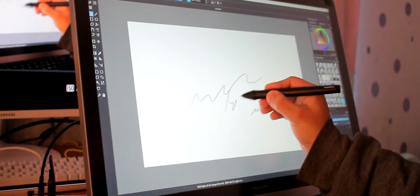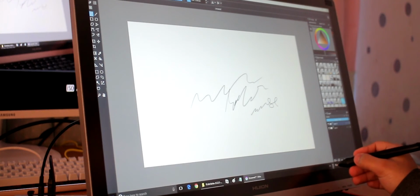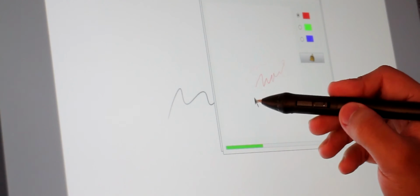I mean, look at this. The pen's pressure sensitivity is fine. If you go into the drivers, it's actually going to ask for this, but that's fine. Now, as you can see, it's pretty simple. It's the same driver. Well, it looks pretty much exactly the same as